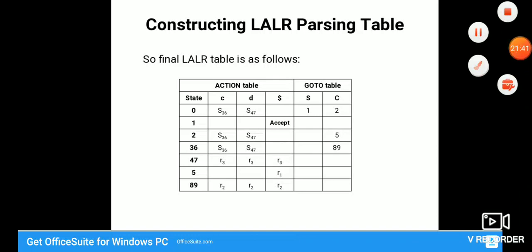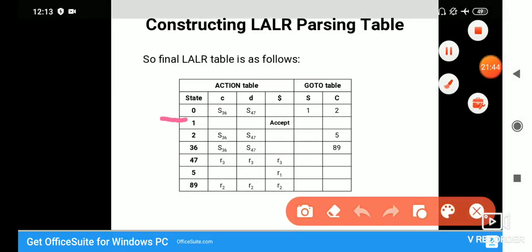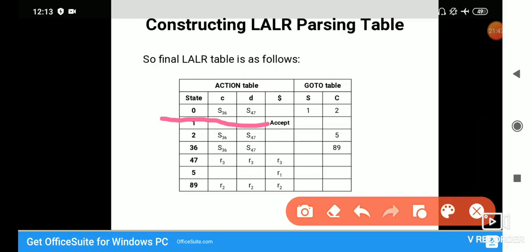So just observe here, the very first 0th row now has S36 S47. There was no change in the 1st row. In the 2nd row, what I spoke about, 3rd and 6th, are combined here. You can see 36 is written as S36 S47. The 6th row has been removed. Similarly, 4 and 7 have been combined. In 4 and 7, you can see that under C and D only was written in 4, and under dollar it was written in the 7th row. So that has been combined and here it is written together.